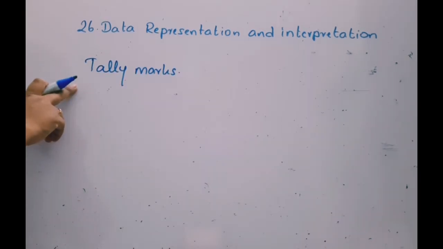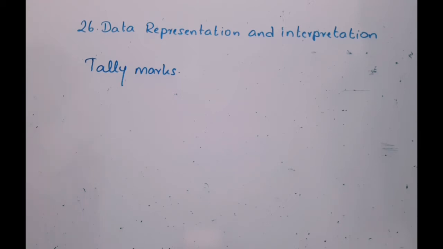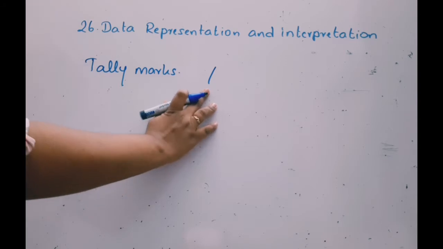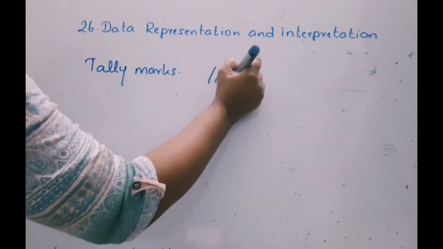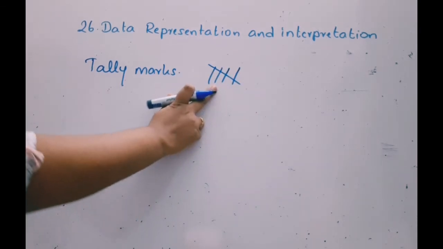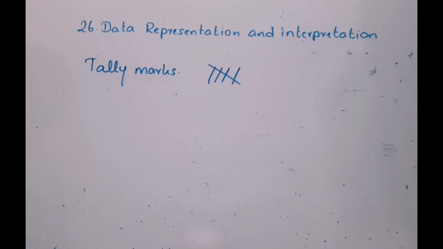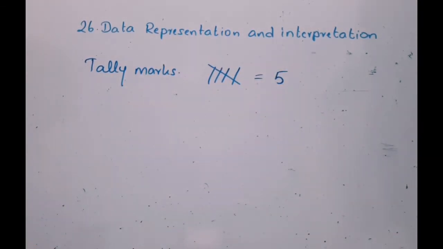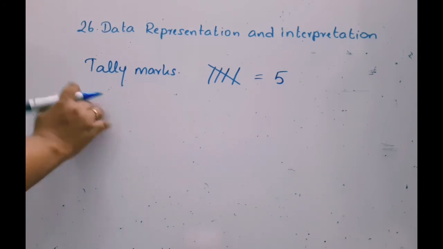First, you might have learned about tally marks, collecting data using tally marks, where this symbol is known as a tally mark. You mark the number 5 by cutting the fifth line across 4 lines. So this represents the number 5. There are 5 in it. This is the first method you use.